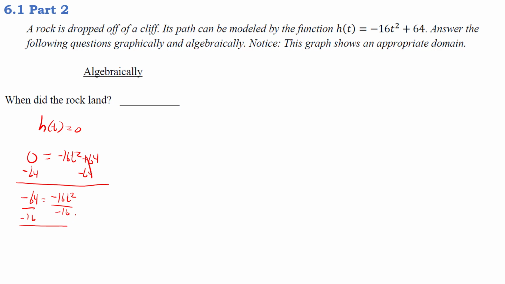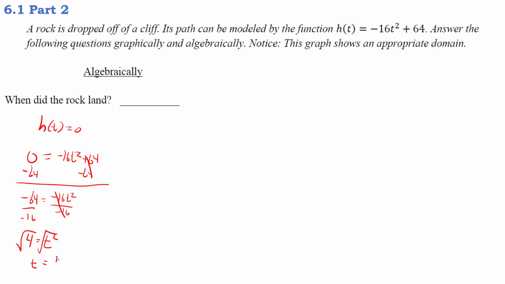Negative 64 divided by negative 16 gives us a positive 4, and that equals t squared. Then we take the square root of both sides to get rid of that squared, and we should get t is going to equal